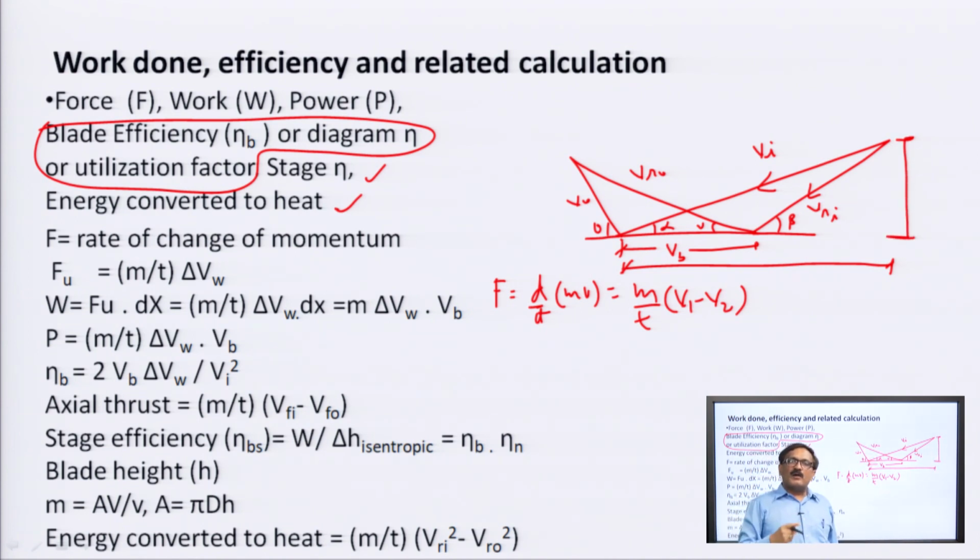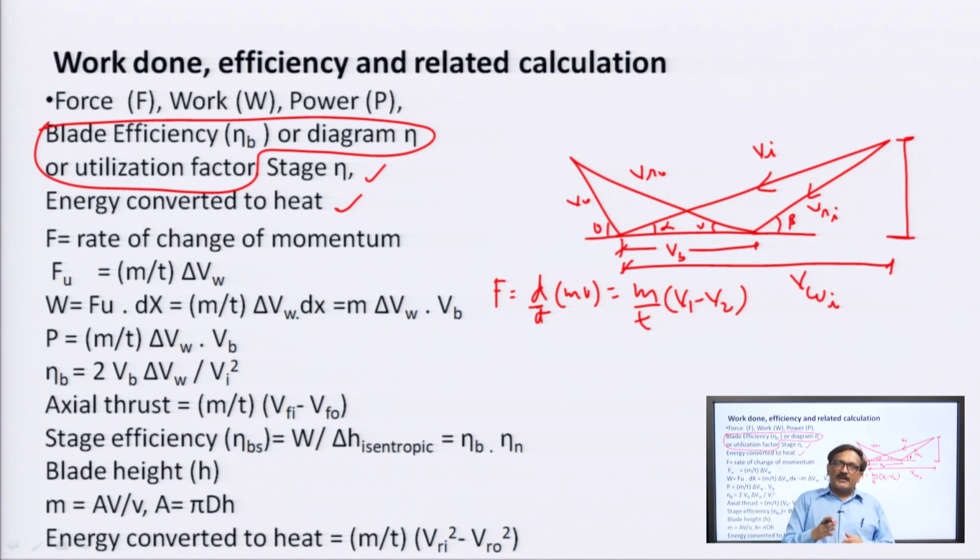So, if we have to find out work done, then work done is the force into distance travelled, meaning in which direction the blade is going to be moving. This component is known as Vwi, or the whirl component of velocity at the inlet. Whirl component of velocity means the component of velocity which is responsible for whirling of the wheel, of the rotor, which is responsible for rotating the wheel. So, this is in the direction of blade motion, whatever the component, that is the whirl component.